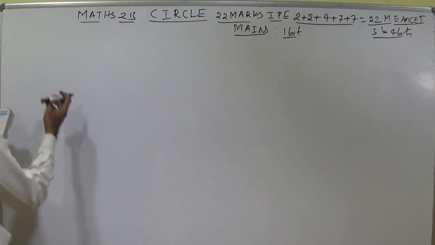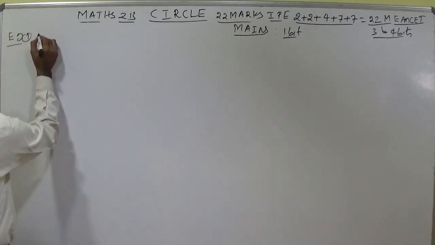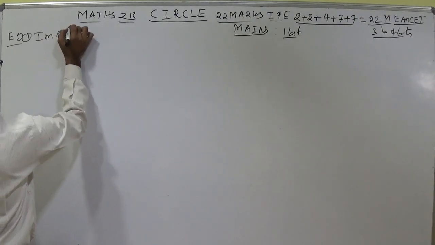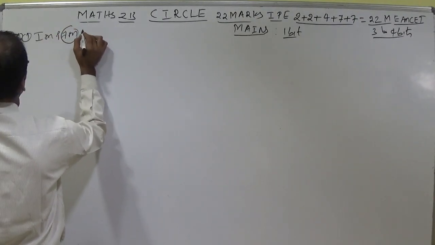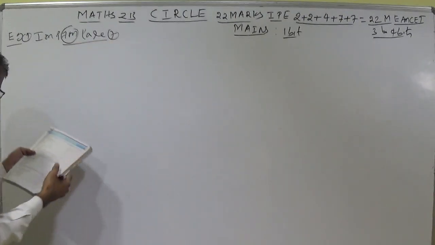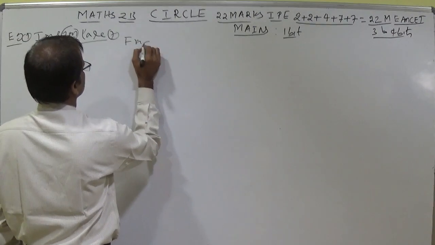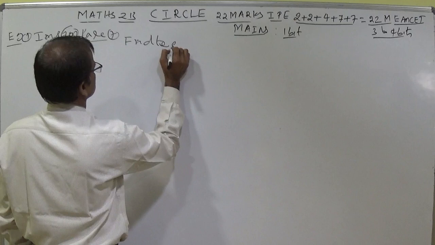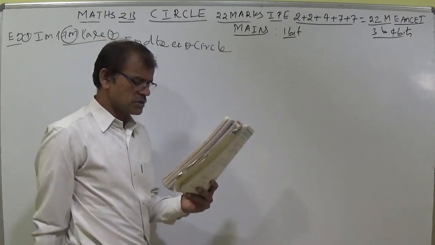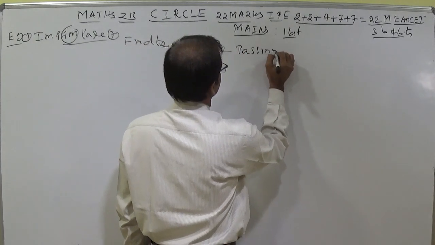Students, let us discuss example 9, IMP 7 mark question, page 7. Find the equation of circle passing through